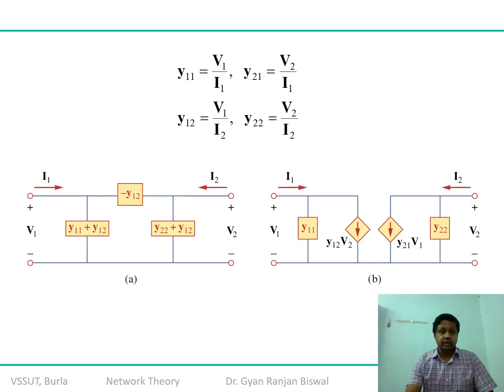This is a similar representation, but if you compare it with the demonstrations we did in case of the z parameter, you must have noticed that this is an amplifier mentioned in admittance form. Where are the two sources? Current sources are mentioned here. This is a typical example of the common current configuration, or in other words, the current amplifiers. Both the dependent sources here are current sources, and they are dependent on voltage. So what kind of configuration is it? It is a voltage dependent current source.